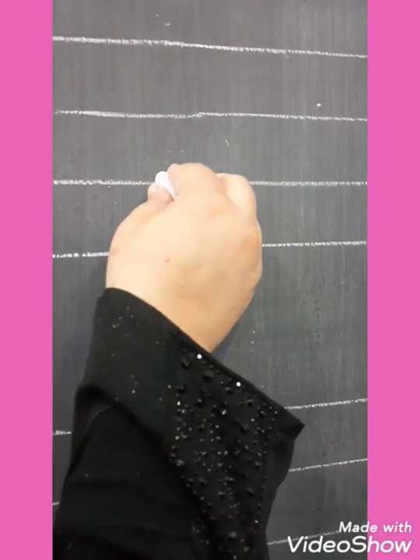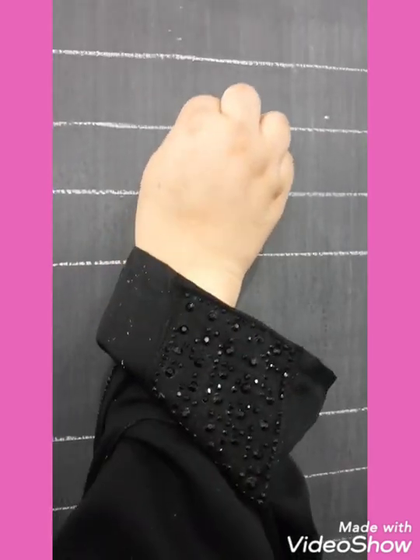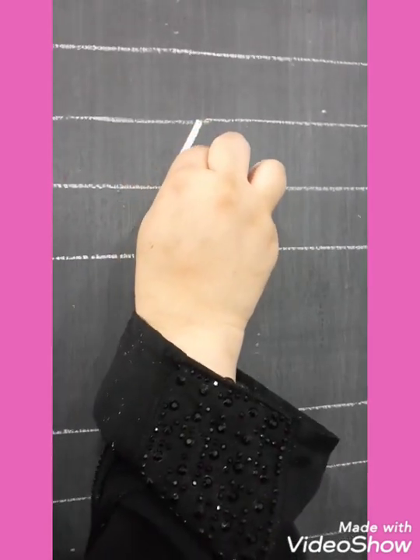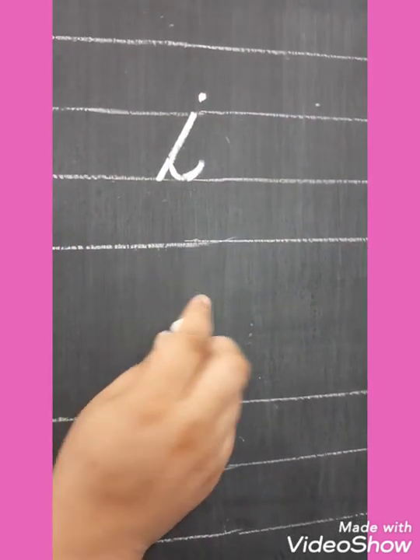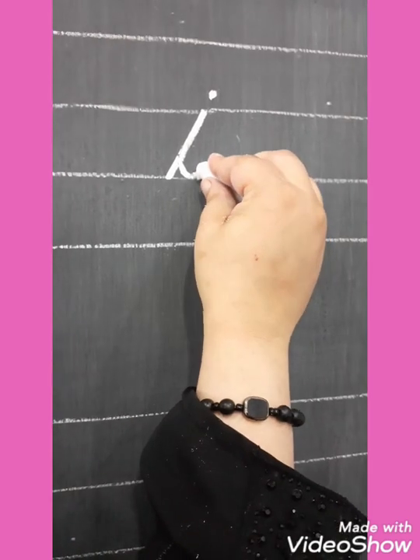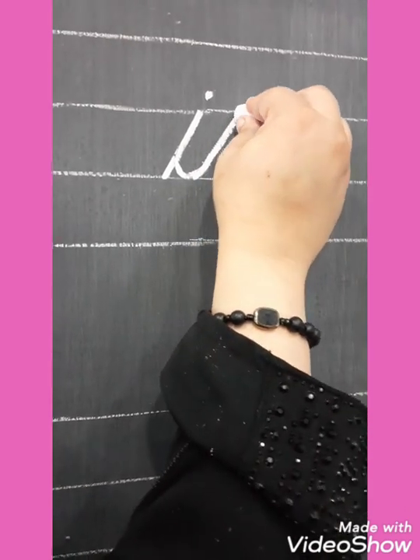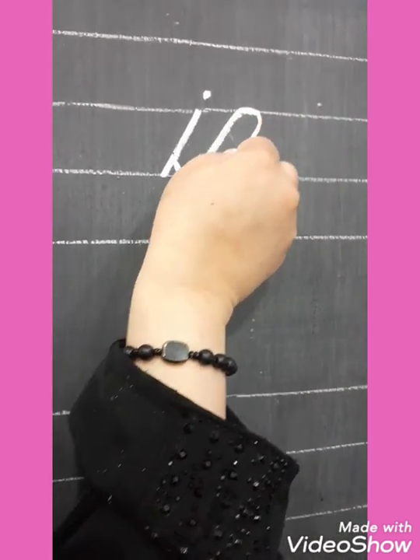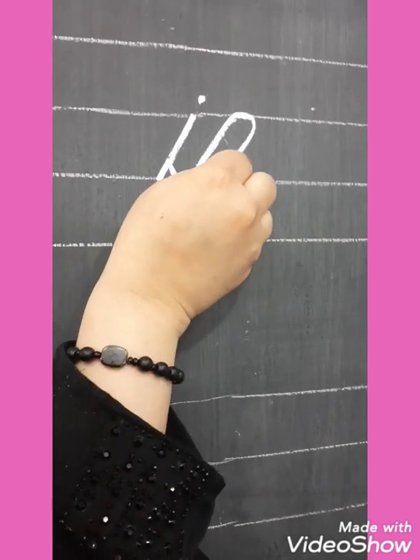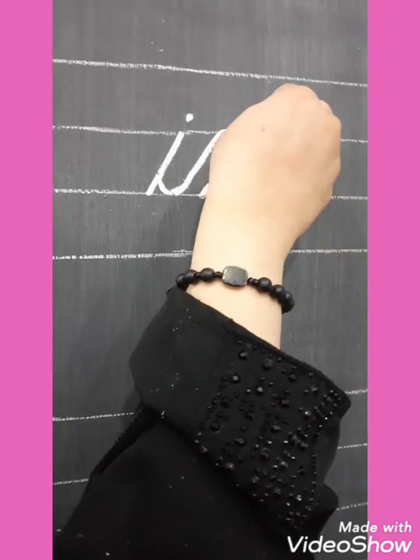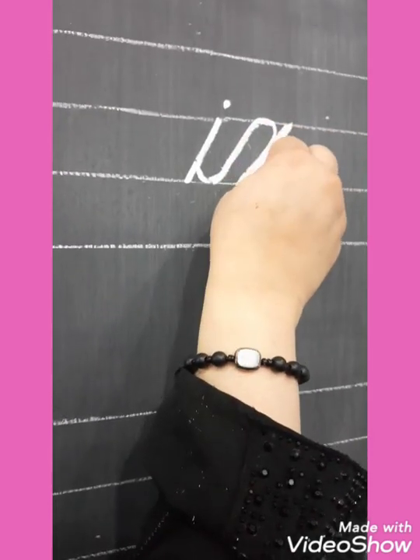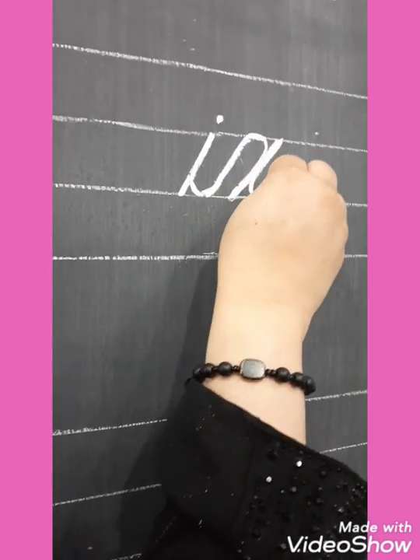Your next sound is IX sounds, ix. The same pattern of I. Go up in a slant, come down and leave it still. At the end you have to put the dot. अब आपने X लिखना है इसके साथ. How can you write? आपने इसकी टेल को ऊपर लेके जाना है, राउंड करना है, come down in a slant. यहीं से you have to take it up, separate from here. यहाँ से आपने separate करना है. Come down in the same line, again round your pencil and leave.